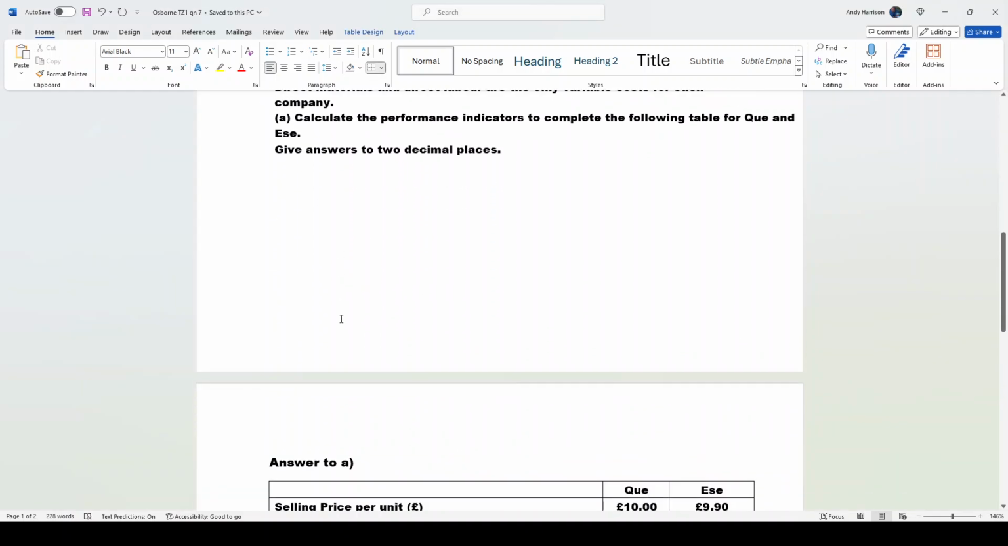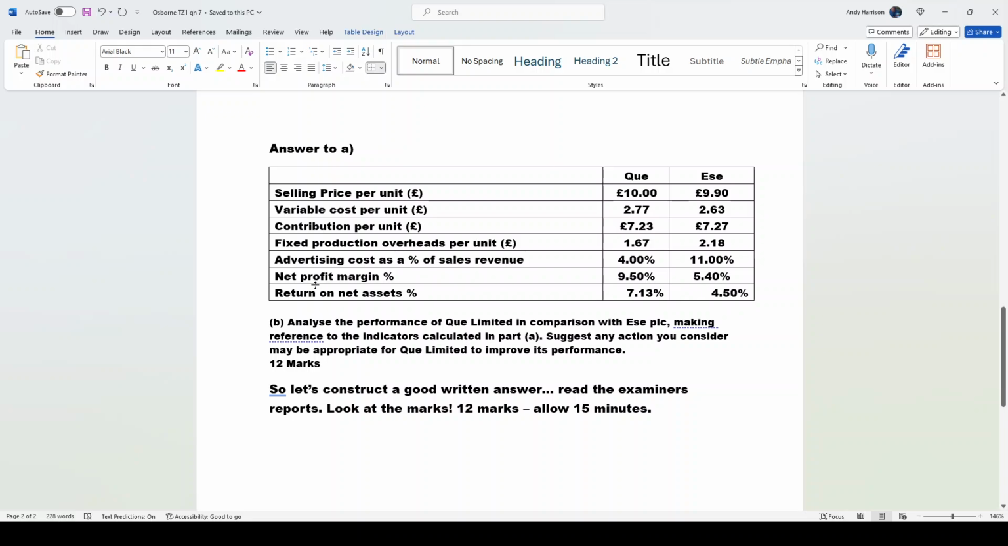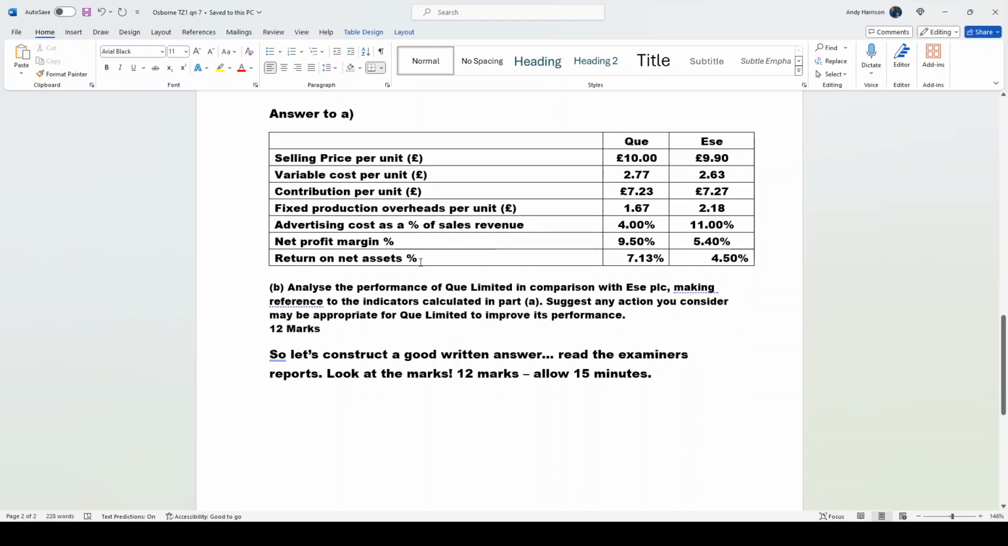Right, so I've actually got the answers ready to paste rather than sitting there typing and making lots of typos. This is what you would have done, the bit that students like. Calculating some numbers to 2 decimal places, and you can see we've got a selling price difference, a variable cost,